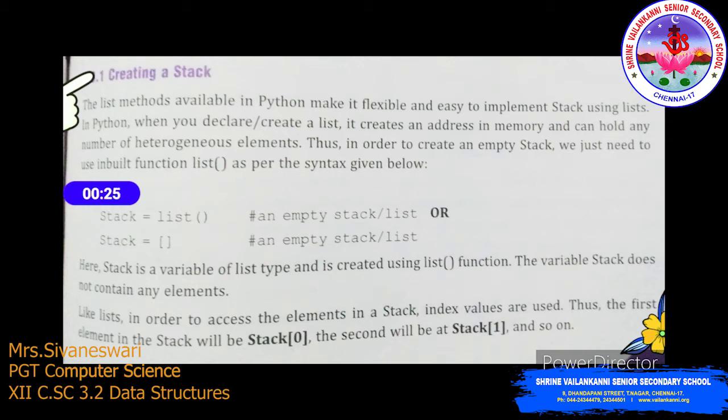Like in list we have index to tell the position of the values, stack of 0 will have the first element, stack of 1 will have the second element, and it goes on in this way.